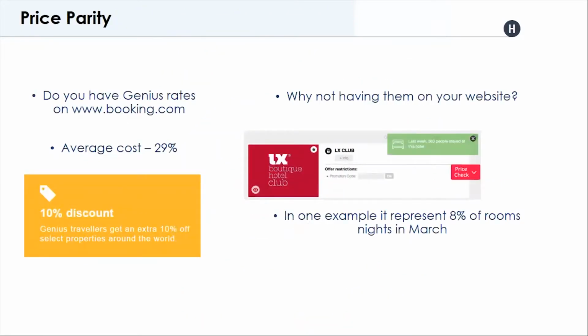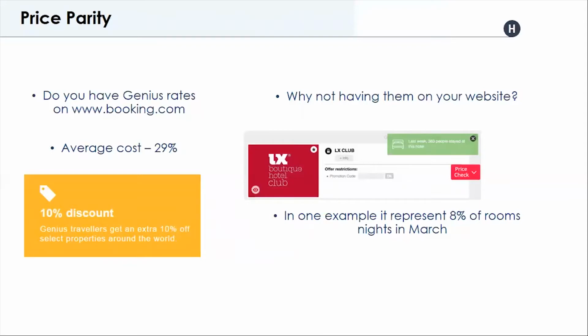Okay, so the first one is price parity, and I think this is an important point. I was actually reading a Focusrite paper from 2016 that said 30% of people still use the OTAs because they offer a better price. And every week I work with hotels and check prices, and I can always find a better price at the OTA. And I think this is wrong, right? Hotels need to stop giving better prices to the OTAs. Otherwise, all their marketing dollars will go away, because people will go where they have a better price. And I think this is key.